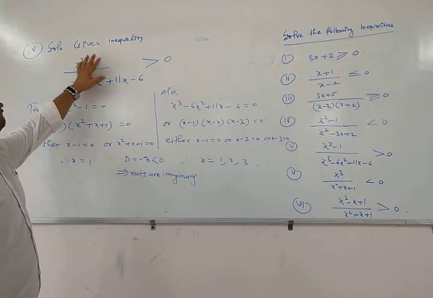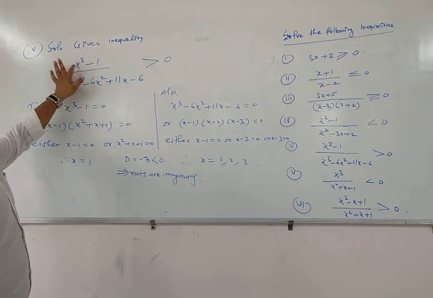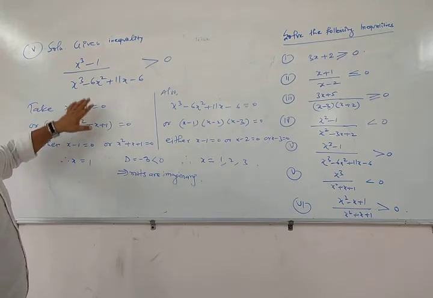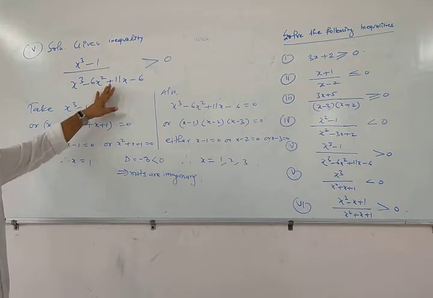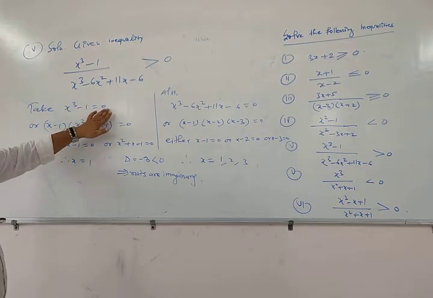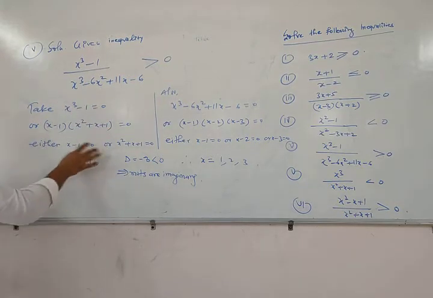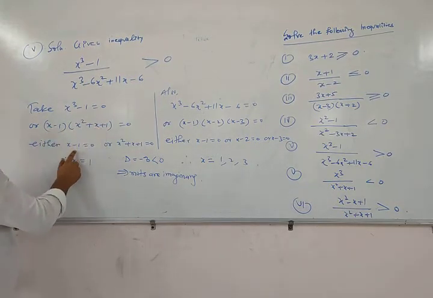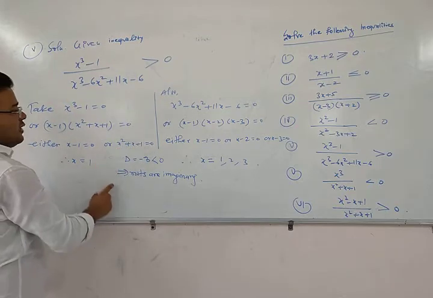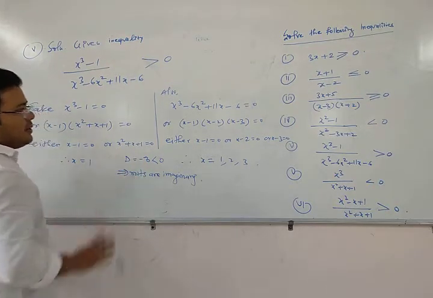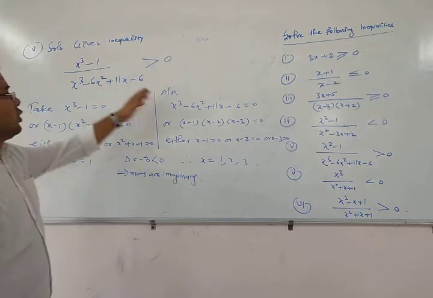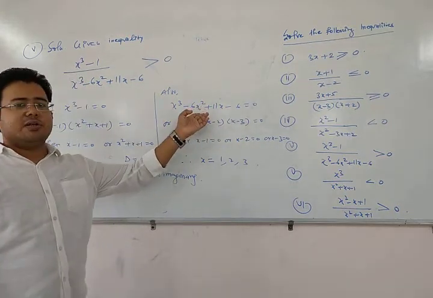So first of all we have to calculate the roots of the corresponding equation of numerator and corresponding equation of denominator as well as expression. So we have to take this is equal to 0। जब हम इसको सॉल्व करते हैं तो मेरे पास दो फैक्टर होते हैं, एक फैक्टर से रियल रूट निकल गया, दूसरे फैक्टर से डिस्क्रिमिनेंट नेगेटिव आया, मतलब रूट्स इमेजिनरी। जब हम डिनोमिनेटर को लेते हैं तो this is well known cubic equation